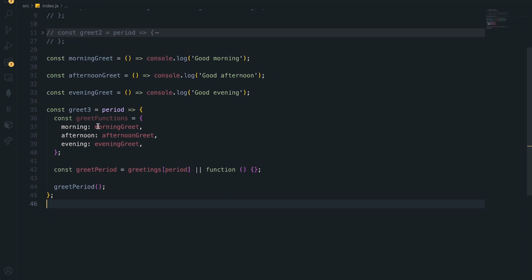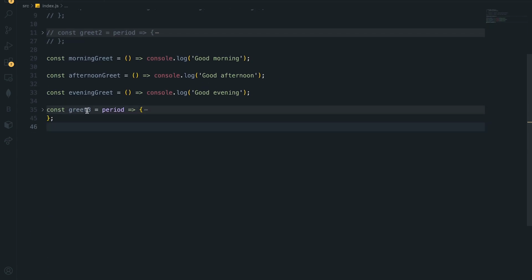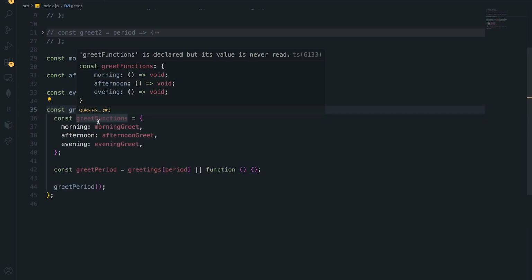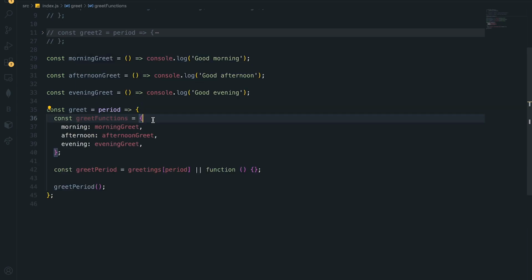So as you can see here, we have the function called greet. I'll just rename it greet. And what I will do here is very important. Well, check this out. I have an object that is storing functions, different greet functions. Okay, you can see that morning, the property called morning, is mapped to a function called morning greet, and this function is all the way up here. What it does,